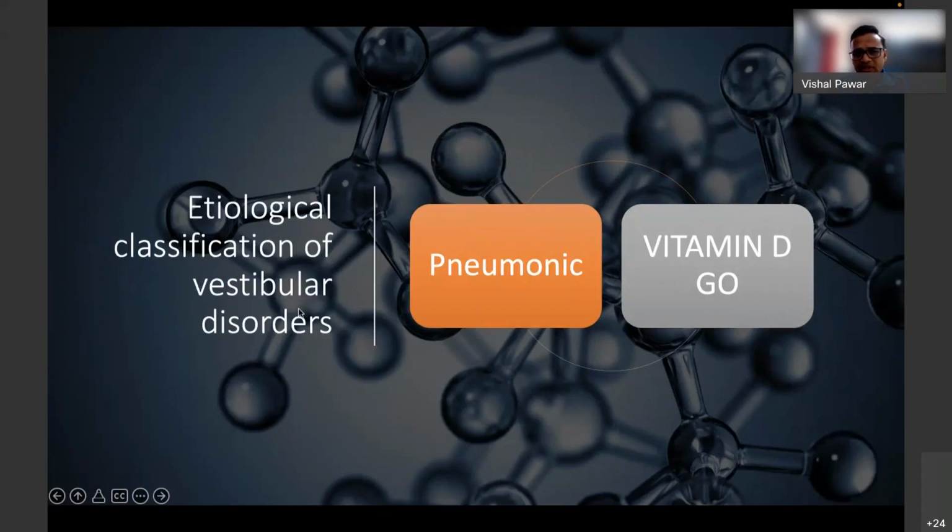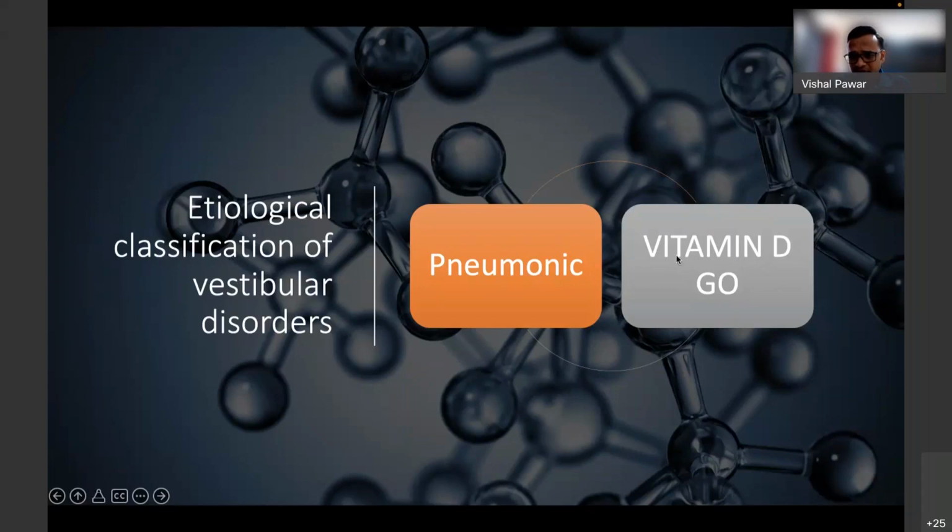Coming to etiology, there is a mnemonic we learnt in the UG days because it's a very handy mnemonic for any disorders for that matter. For example, VITAMIN D. If you classify any disorder into this VITAMIN D, you will find out that you can get so many disorders. For example, if we classify disorders in this mnemonic, V stands for vascular, I stands